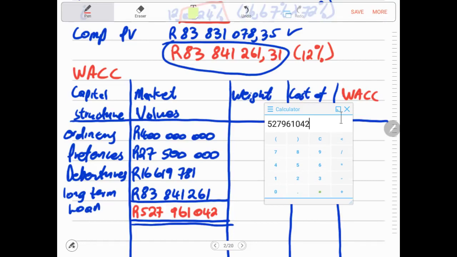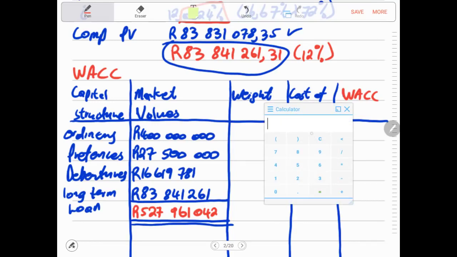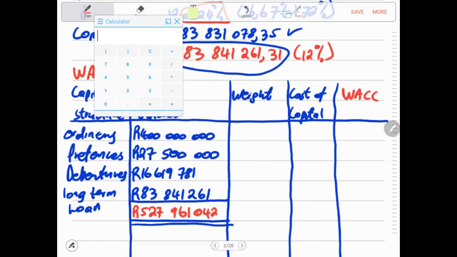Yes, that is confirmed. 527,961,040. So now, when we are calculating our weight, it will be